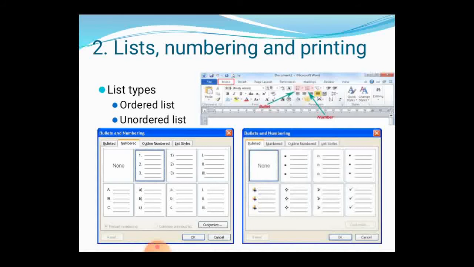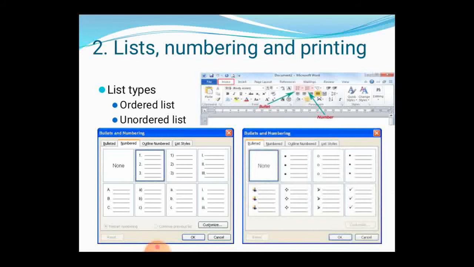An unordered list refers to bullets, arrow marks, dots, small dotted images, and ticks. These are called unordered lists, where we can shuffle the points, or we do not need an ordered manner, so we can go with the unordered list.